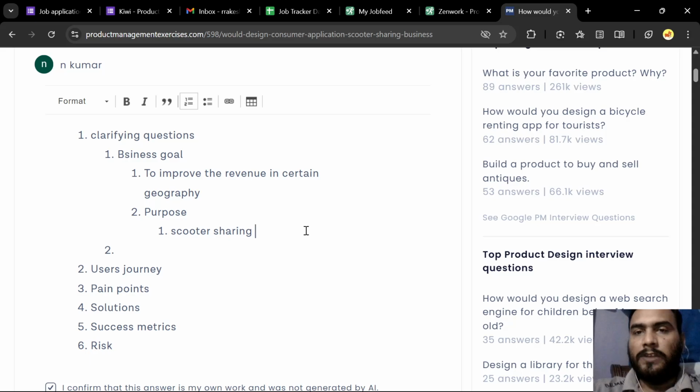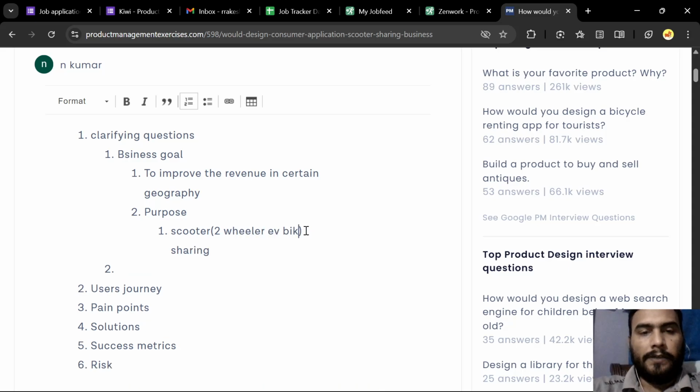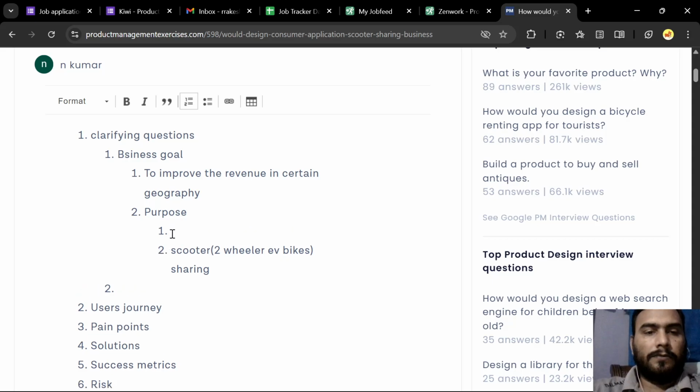And what does this mean, the scooter sharing? I will just explain. For us, this is a two-wheeler EV bikes that we are sharing. And the purpose is transportation